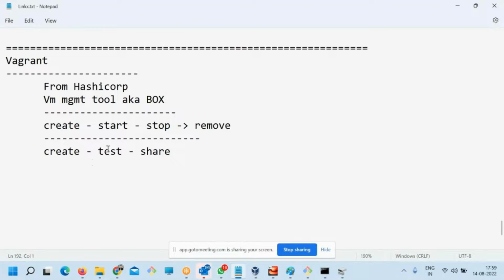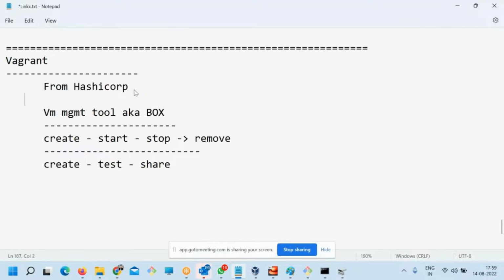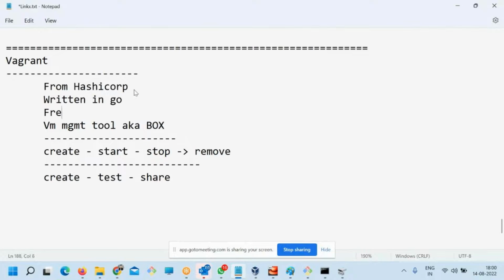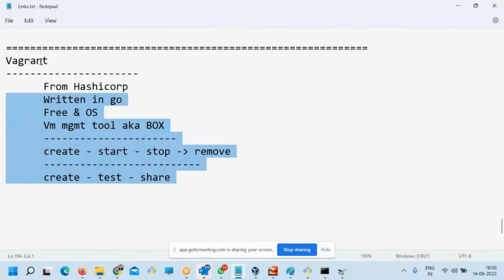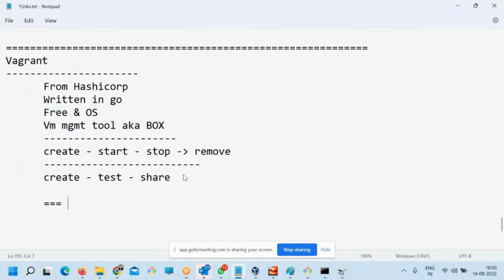Okay. So now this tool is written in Golang. I don't know how many of you know Go, but it's like Java only. Java is platform independent. Sorry, Vagrant is also platform independent, written in Go. The beauty about it is it's free and open source. Wonderful, right? So for the backend, the prerequisite is any